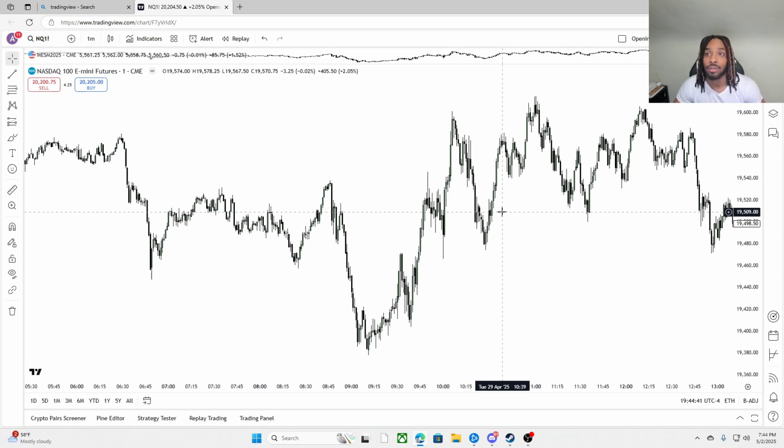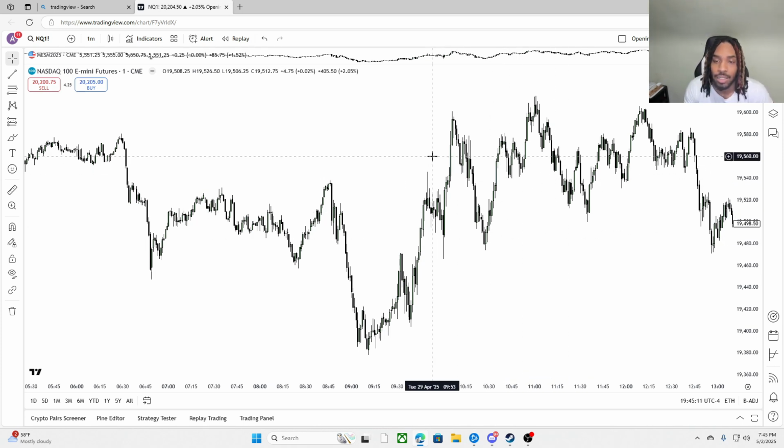I did learn from ICT, but I didn't really learn how to trade fair value gaps until I stopped watching the content and went into my own charts and started trading on my own. And then I was losing, and then finally figured out how to trade fair value gaps. Ever since then, about 2 years ago, I became not a master, but pretty good at trading fair value gaps. So I'm going to be teaching y'all that today.